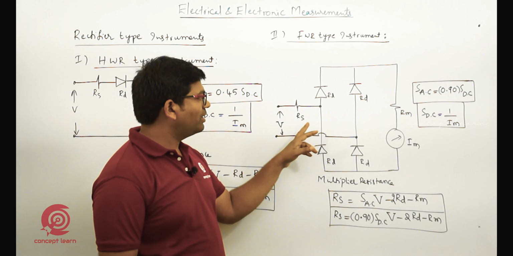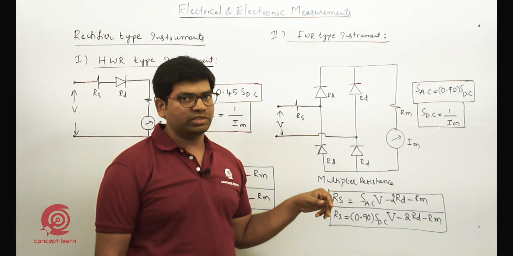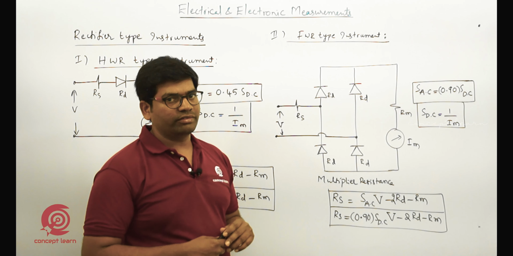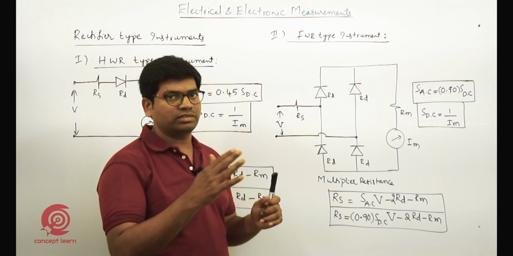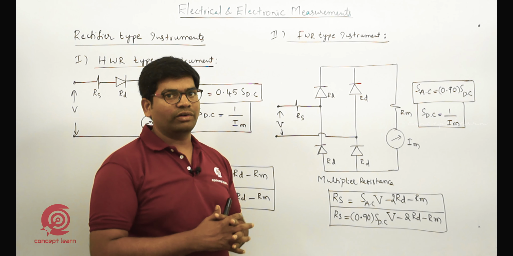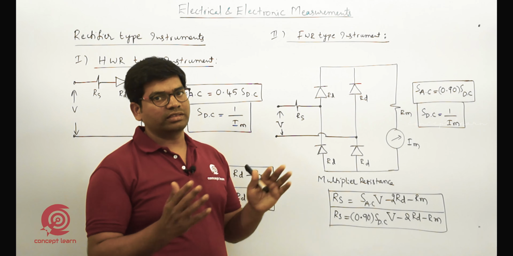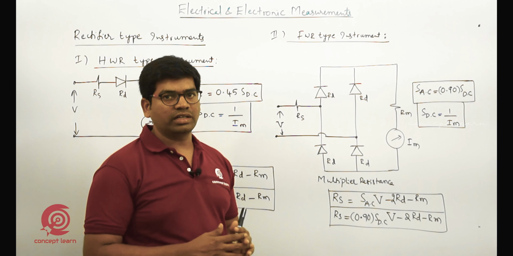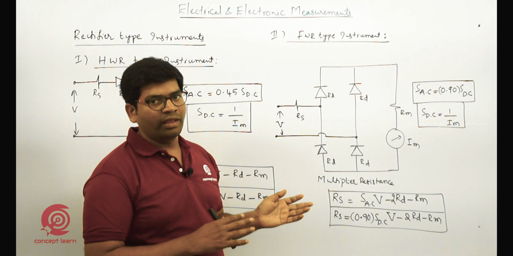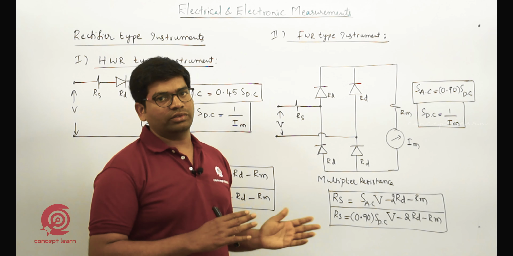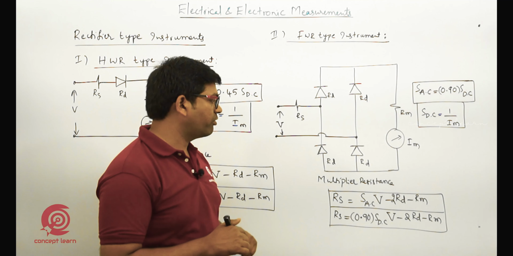Similarly, here two diodes are in on position during that particular half cycle. So in the sequence, when you go with full wave rectification, first two diodes are in on position. In the next cycle, another two diodes are in on position. Like that, continuously we are getting positive half cycles, so we are naming it full wave rectification.